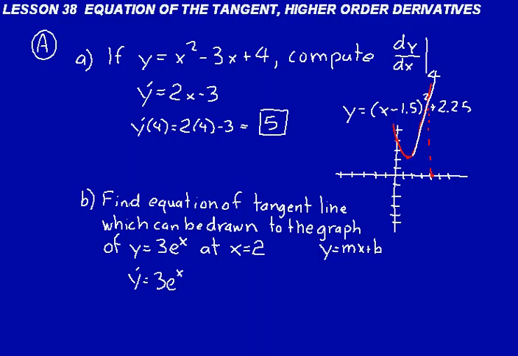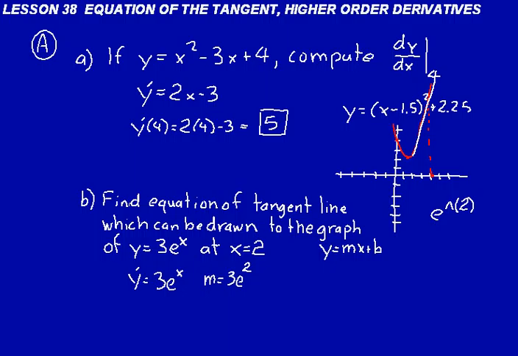The slope at a particular point, in this case at x equals 2, we would just have m for the slope is equal to 3e squared. Now we can go ahead and use a calculator and get a decimal value for 3e squared. And if you have a TI-83 Plus graphing calculator, all you have to do is hit a 3, hit the multiplication symbol, then do second natural log, and you should get a little e with a hat symbol. That means e to the power of, and a parenthesis. Put 2 in there, close the parenthesis off, hit enter, and you should get 22.167,